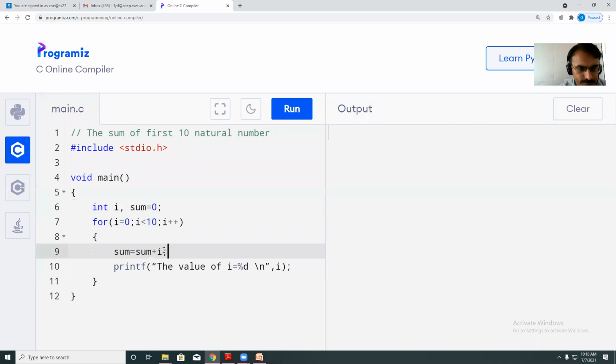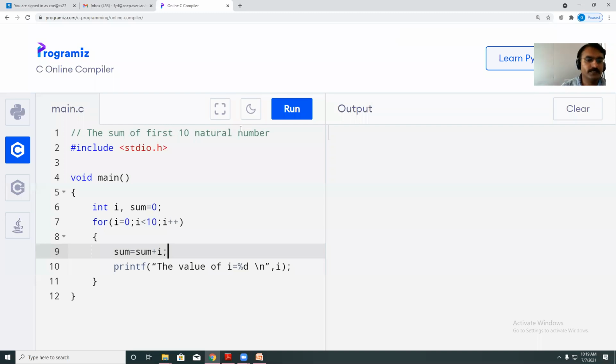Tell me. Is it difficult to calculate the sum of first 10 numbers?